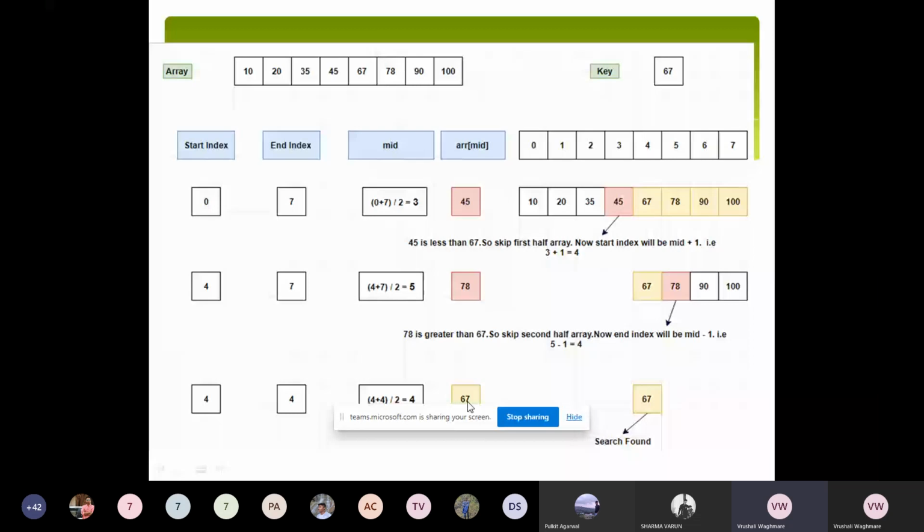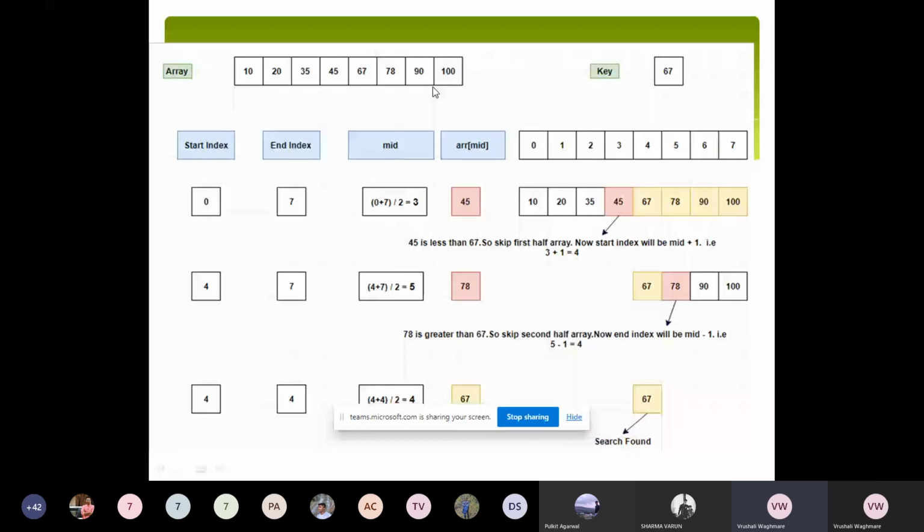How will it find? First it will find the mid of the array, and it will compare the element that in the mid of this array the value is greater or lesser, because the array is already sorted. Okay, what is the array? Sorted. So it will check if the particular value is lesser, it will compare with the previous value. Okay, and if the particular value is greater, it will compare with the next value. While comparing the next value, again it will find the mid of that.